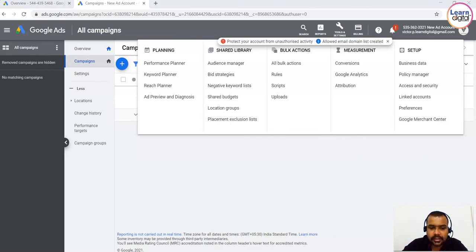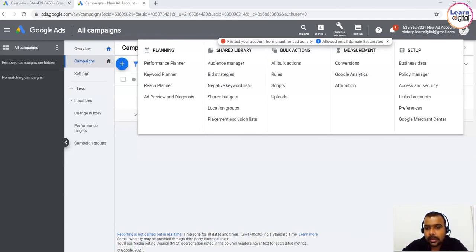step to create a conversion action with the default settings based on your goal. Now, Google has made it very strict. Whenever you're creating the campaign, you have to focus on the conversions because you have to understand you're spending money. You have to understand how the conversions are happening. A conversion in Google Ads is when a user performs some specific action after clicking an advertisement or viewing a display network ad, such as purchasing a product, installing a mobile app, or signing up for an email list. You can keep track of users who call, buy a product, install a mobile app, or many more. What you consider as a conversion can be tracked under this conversion. As the name says, it will come under the measurement.